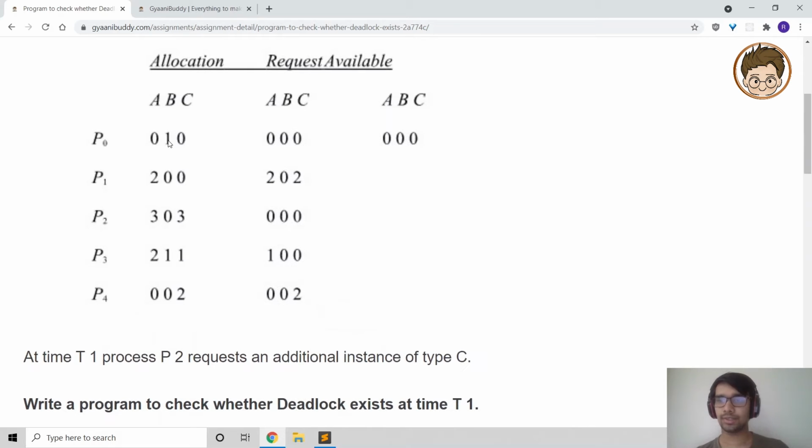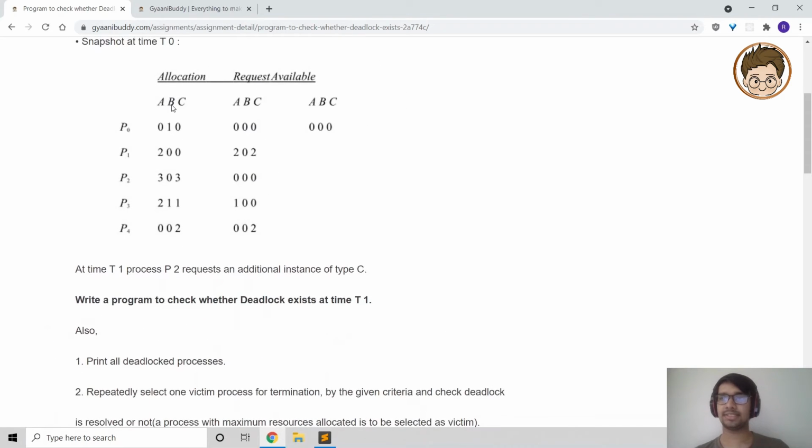It says that for the process P0, currently we have allocated one resource of type B. That means, let's say we have allocated one printer to type B. That means it is using a printer and it is not using A and C resources. Its request, that means what else it needs, is 0. That means it does not need anything else. And available resources are 0. That means all the resources have been consumed currently.